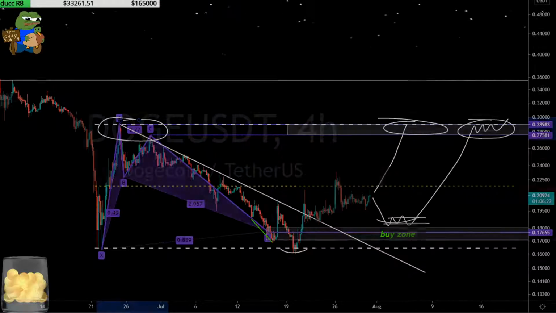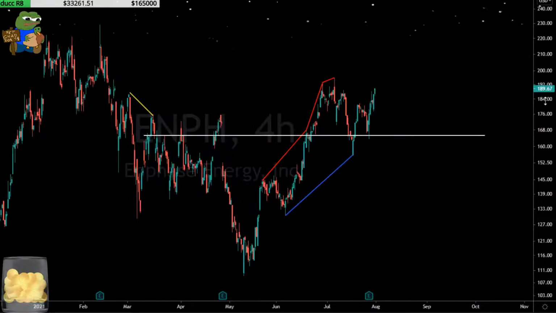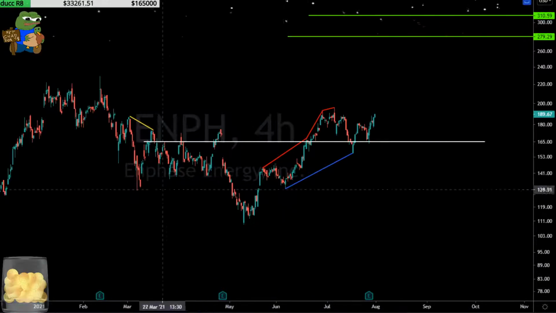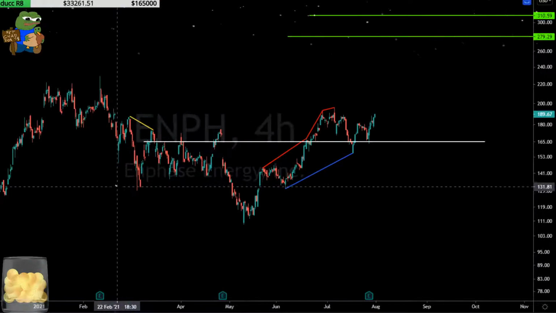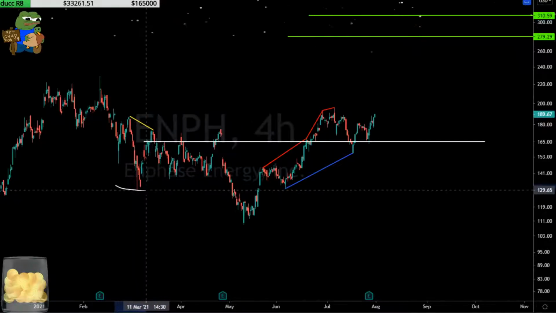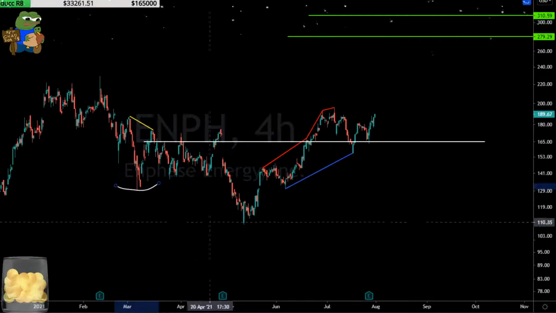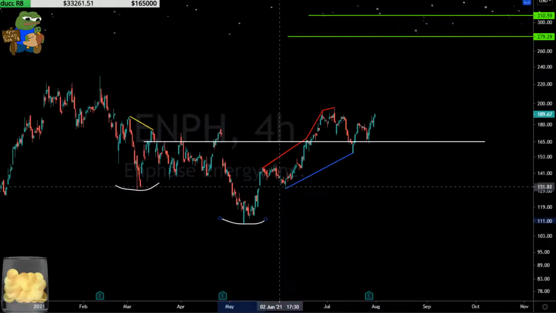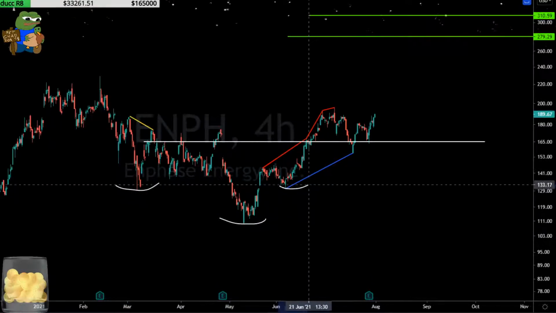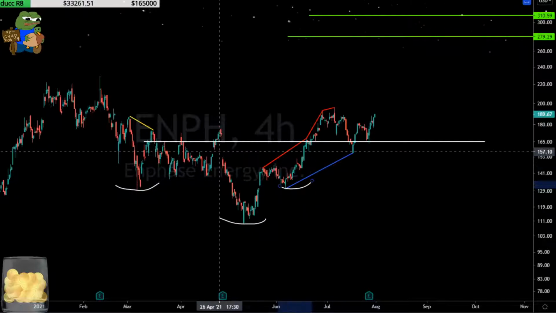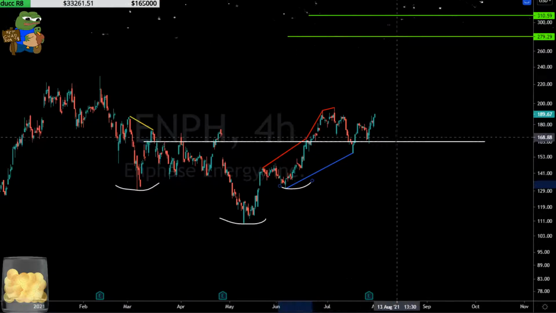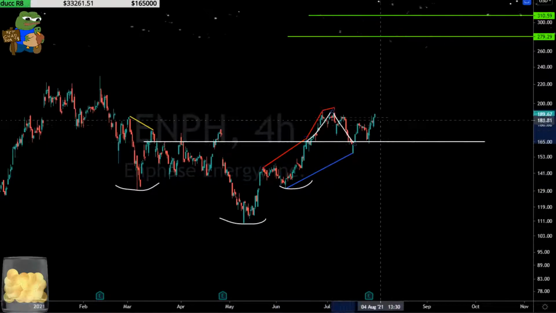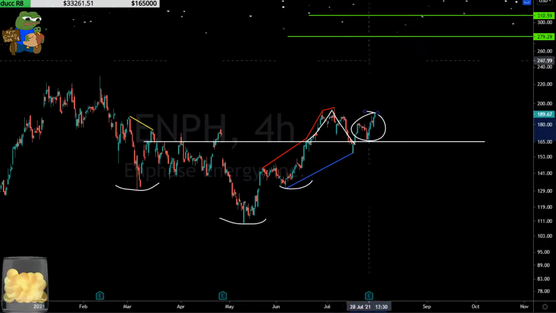Okay, let's check out Enphase. We've been watching this, right? You guys know this is one that I have a vested interest in, right? So we have what appears to be a potential makeshift inverse head and shoulders here. You see the neckline's already kind of plotted. We've got a break, hook, and we are working on a go, fellas.